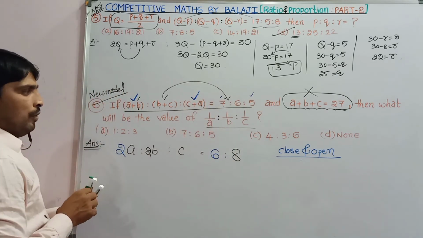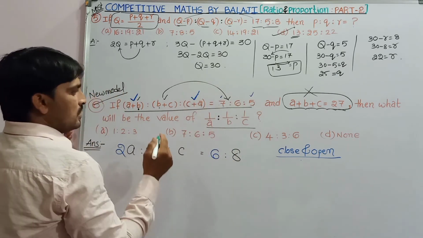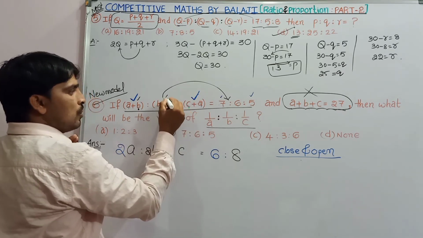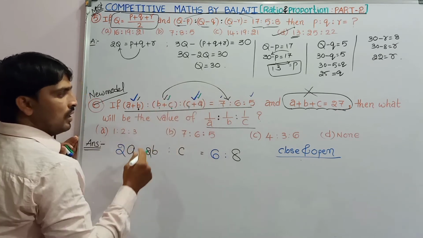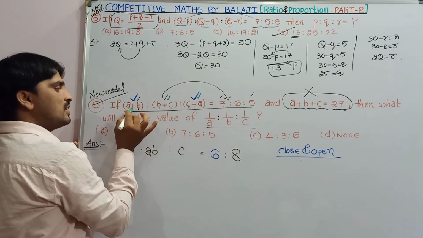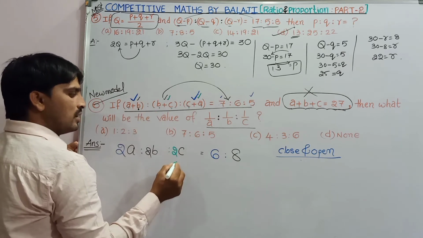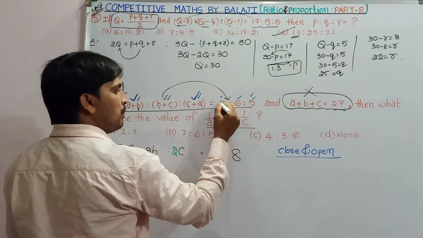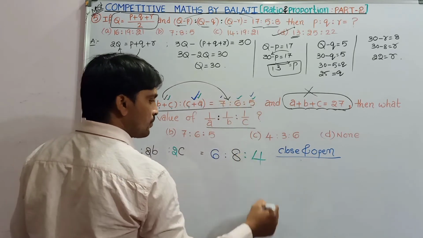For the value of c, see here, where we have c in the second term and the third term. So add these two terms, a plus b plus 2c. Subtract the first term, that is we get 2c. Same action is done in RHS also. 5 plus 6, 11 minus 7, that is 4.